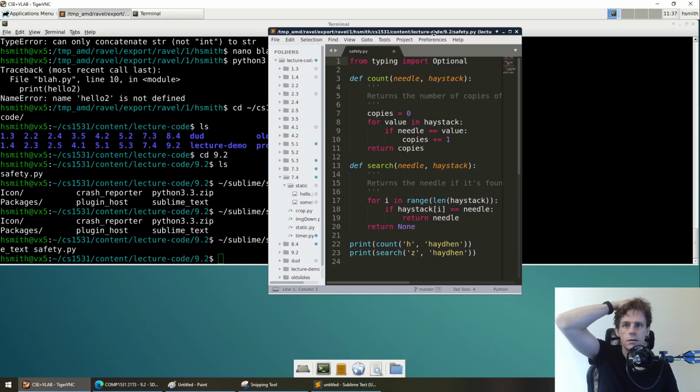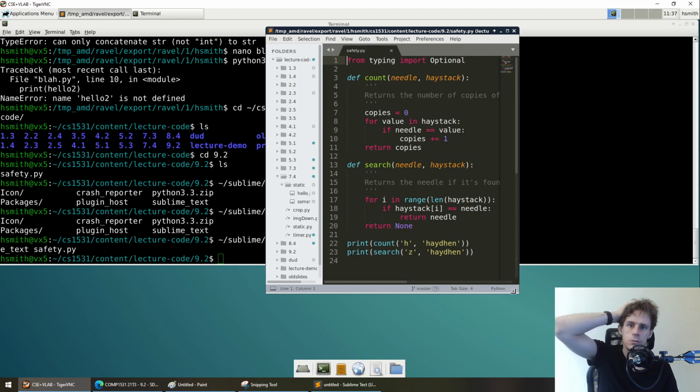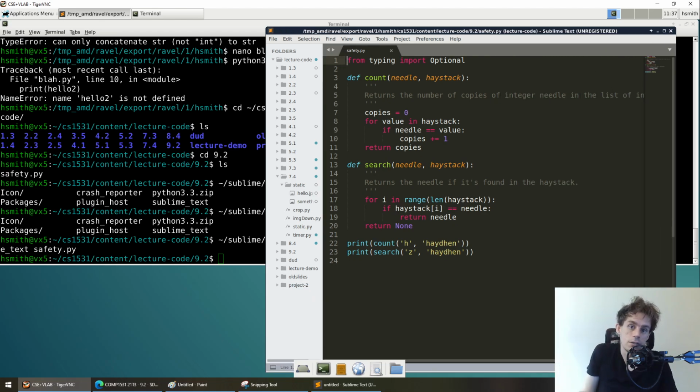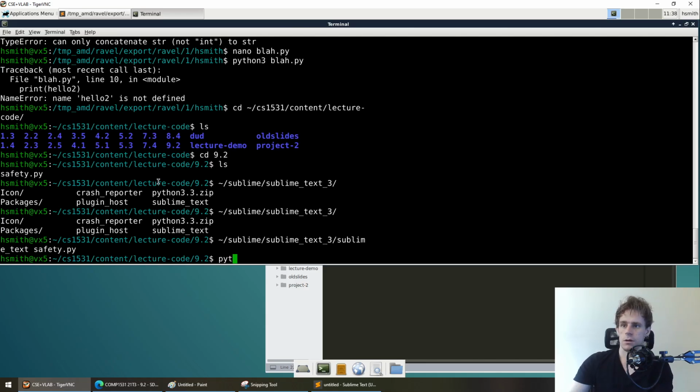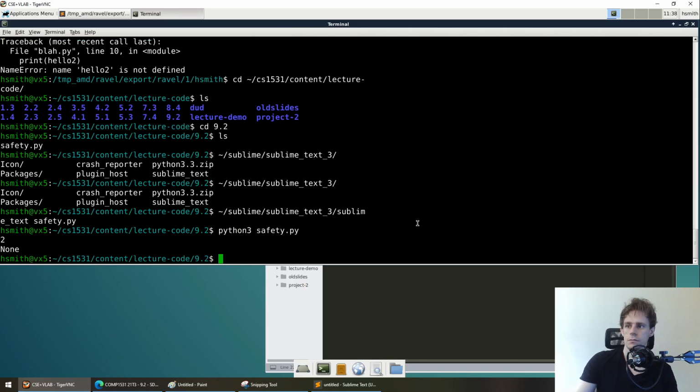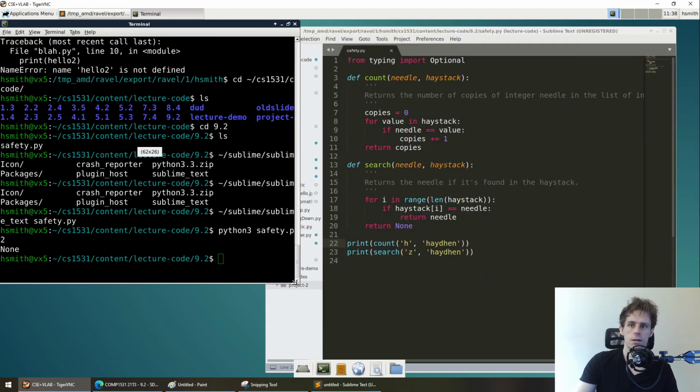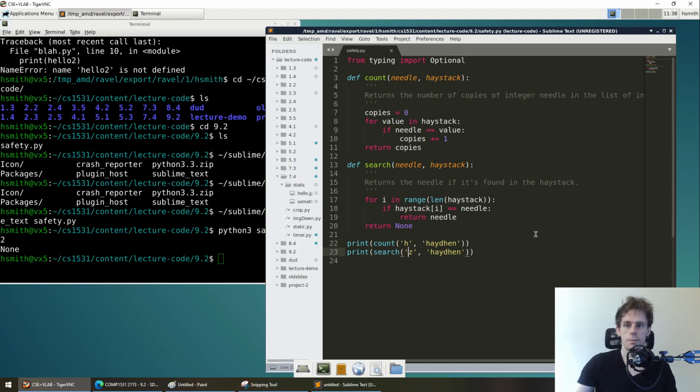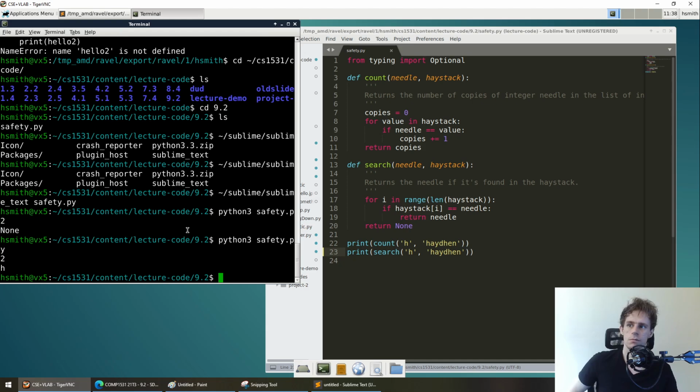It's basically just like a count and a search thing where you give it a list, which a string is a list of characters. So you give it a list like hey hen, and then you want to count the number of times that h is in that list, right? Now, this is all well and good, and this program should work. Python 3 safety. Yep, 2 and none. This makes sense. So how many times does h appear in it? 2. How many times does z? Well, can you find z in there? No. What happens if I make this one h? It should return me h. So what this program actually does is count goes through and counts how often it exists, and search just returns the value if it exists, otherwise it returns none.